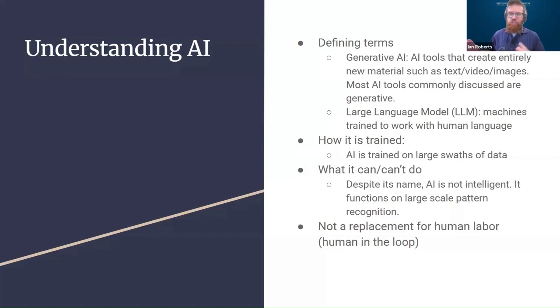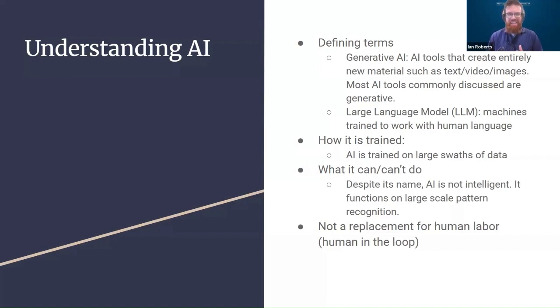AI is trained on large swaths of data. One of the controversial points is that it includes huge chunks of the open internet produced by writers and researchers who do not give explicit permission for their work to be used that way. And then as to what it can and can't do, it can help you brainstorm, summarize, perform general tasks. If you're a very good prompter, you can get it to do some pretty cool things with a lot of labor on your end, a lot of back and forth with the LLM.